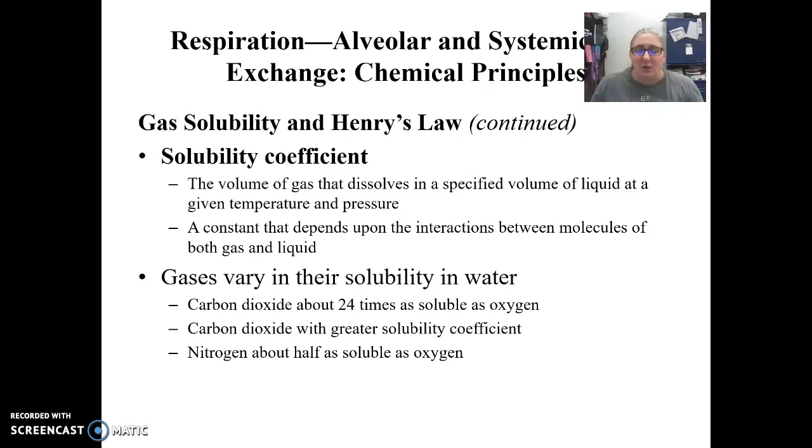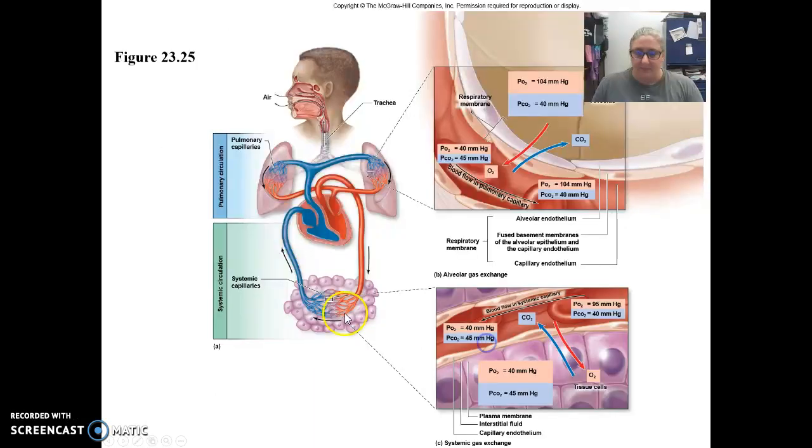Nitrogen has a very low solubility coefficient. It can't dissolve very easily, whereas oxygen can. And because of this, oxygen is going to be what moves across the membrane and dissolves in the blood. And carbon dioxide moves across and into the alveoli to be exhaled. So here at the respiratory membrane, we have a partial pressure of oxygen of about 104